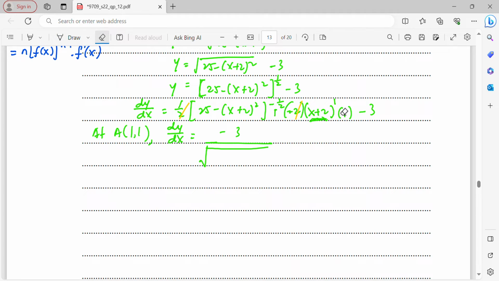Okay, so there's a negative. This is half, this is 2. Now I will write 25 minus 1 plus 2 is 3 squared. Then minus another 3. So from here you get negative 3 over 25 minus 9. You will get 25 minus 9, 16. Then it will be negative 3 over 4, then minus 3. And at last you will get,